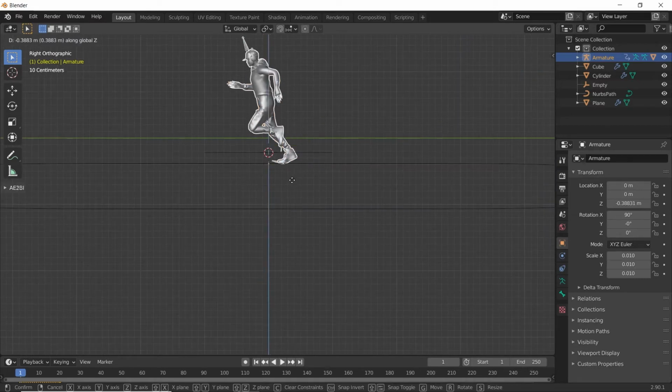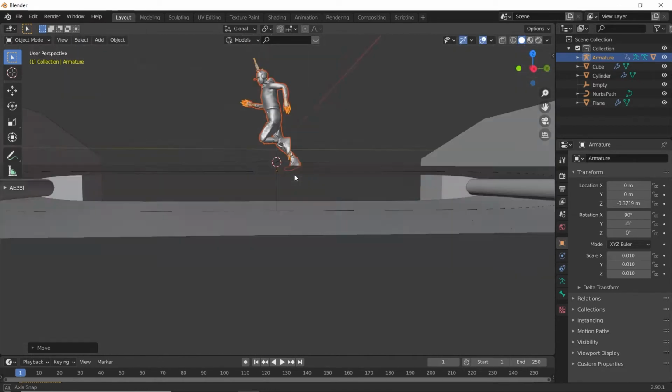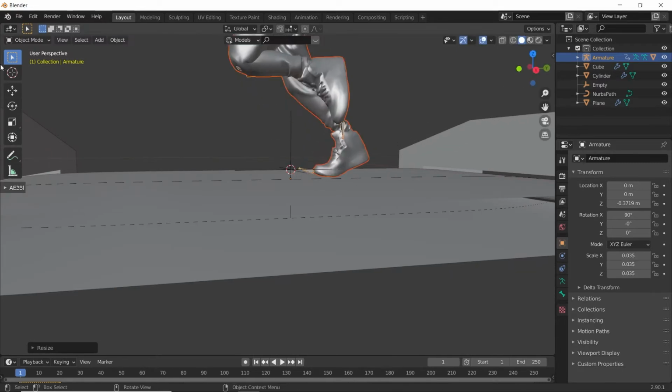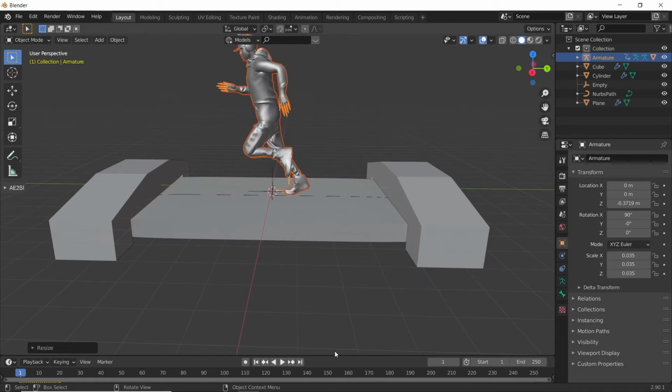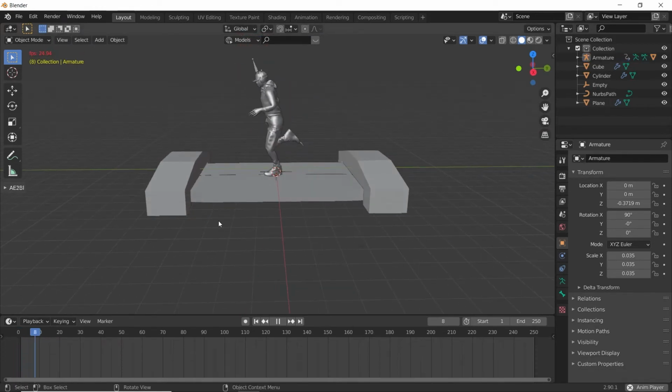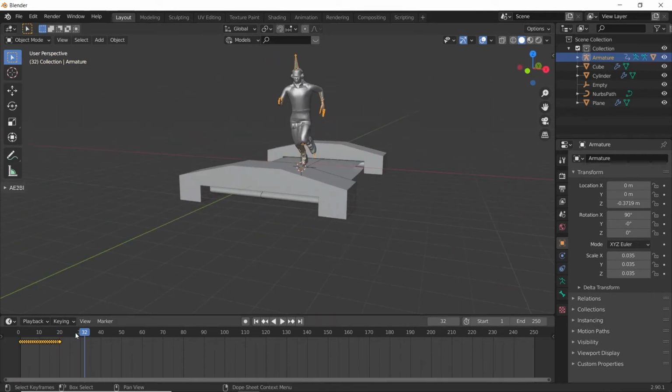Let's place it on the treadmill. Scale it up a little bit. Okay, this is nice. Now let's play the animation. See, animation stops right here at 20th frame. So select all keyframes, copy them and paste them, and go to this last frame.